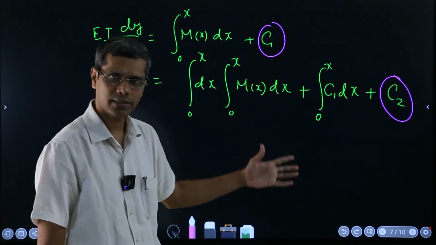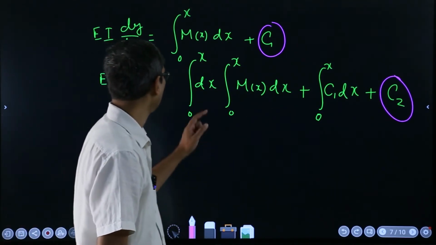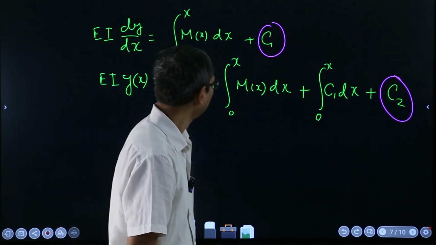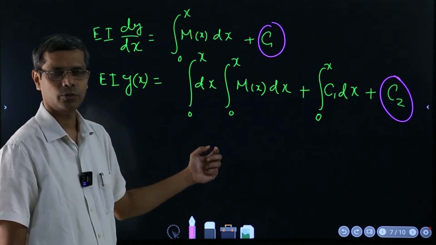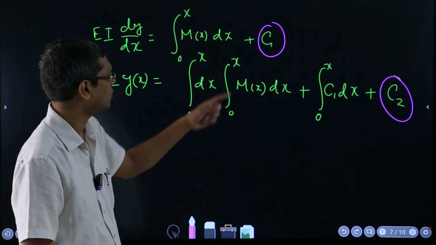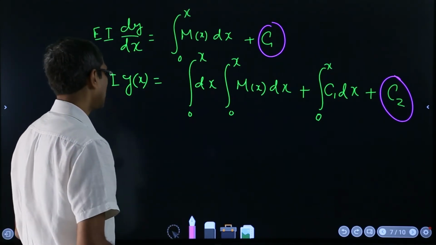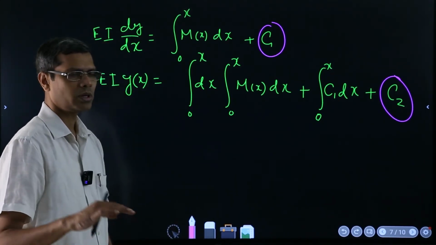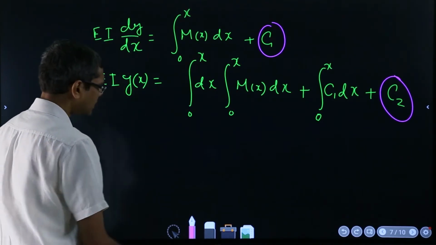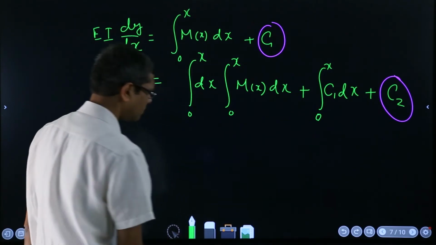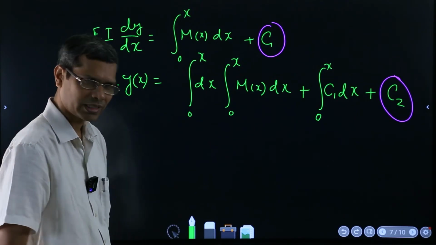M, you know how to get it from the shear force bending moment diagram, or by applying the differential equation. From the load you can calculate that, then put this and integrate it and done. The only thing to notice now is the constants C1 and C2 and how to evaluate them. They will be evaluated based on the boundary conditions. What I mean by that is, I'll just draw three cases which are primarily of our concern for this subject,